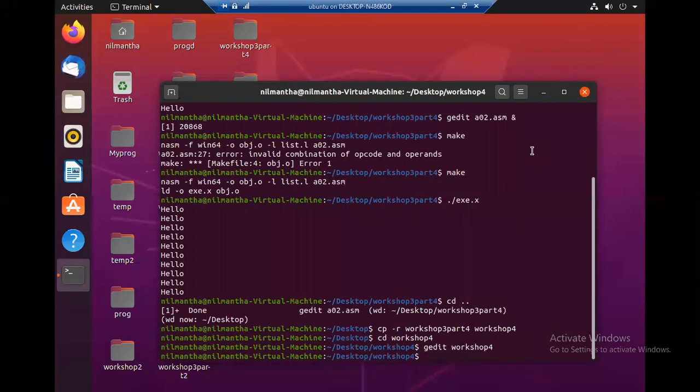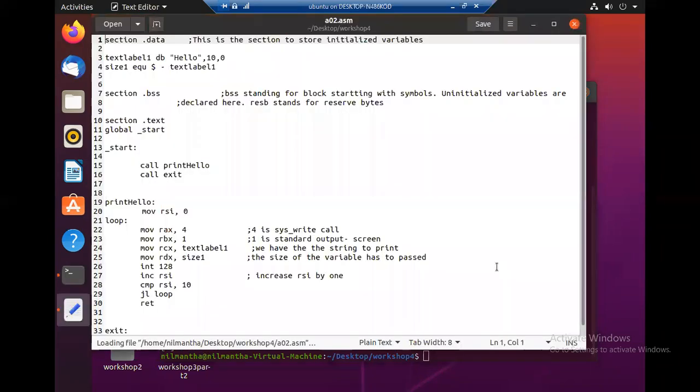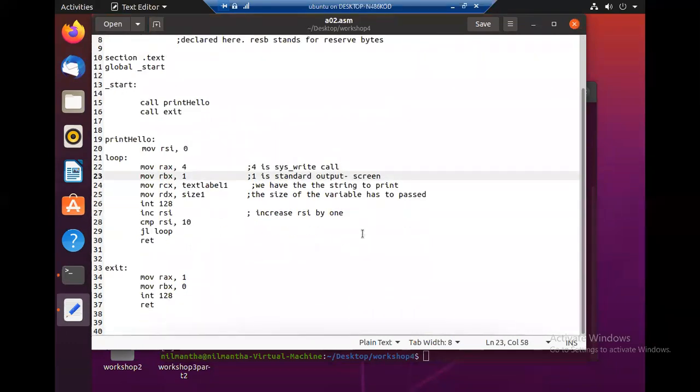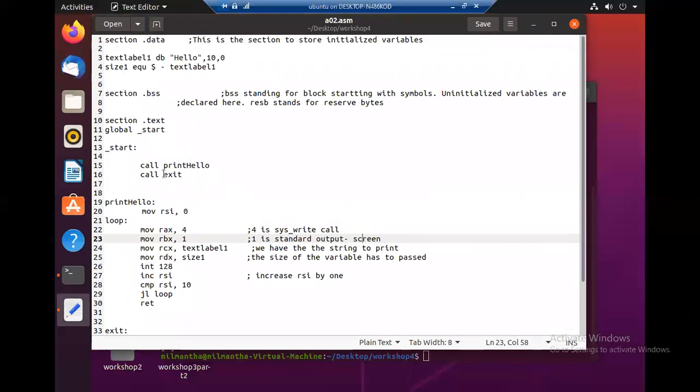So I have opened the wrong one. So what I want to do is, so this is the previous program where we have a subroutine to print a given text, so that means this hello 10 times. So now I want to implement this as a macro. So what I will do is,